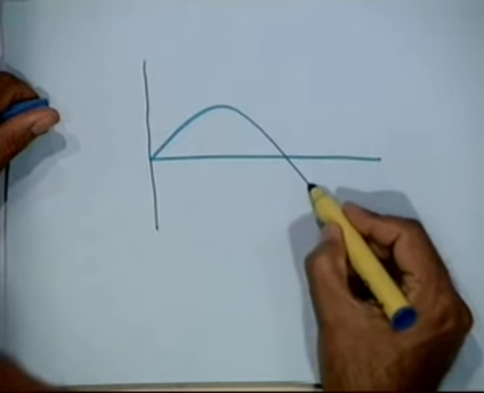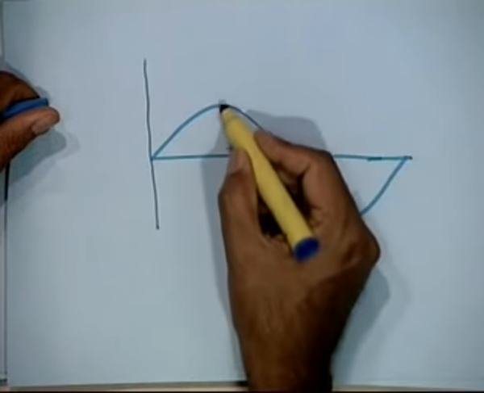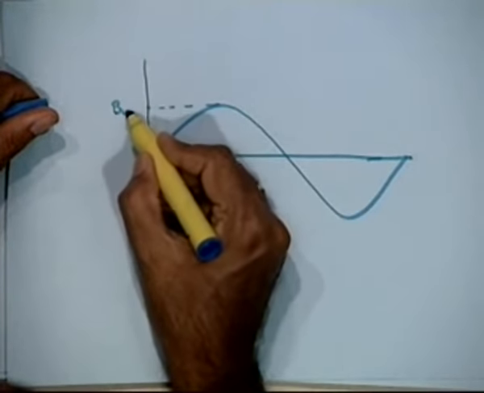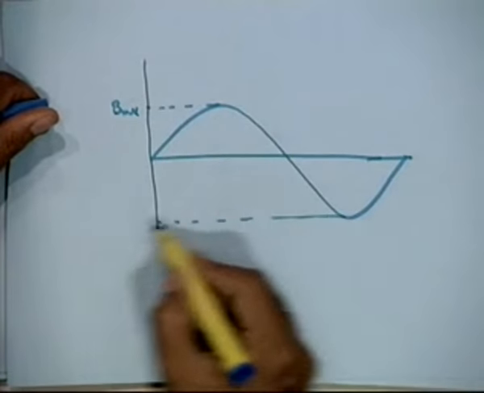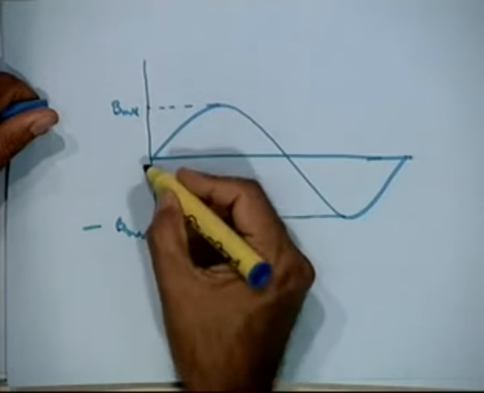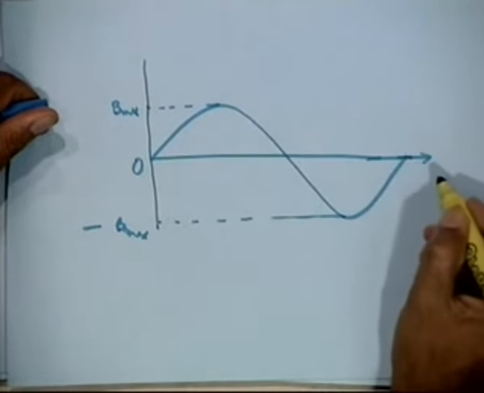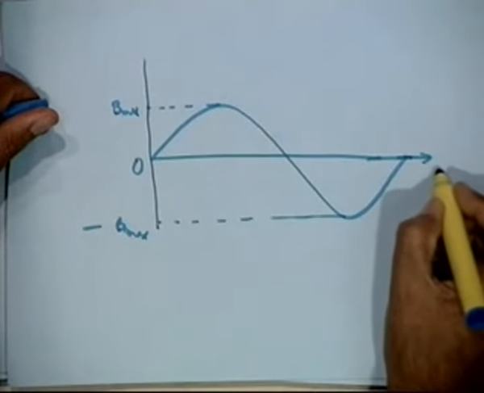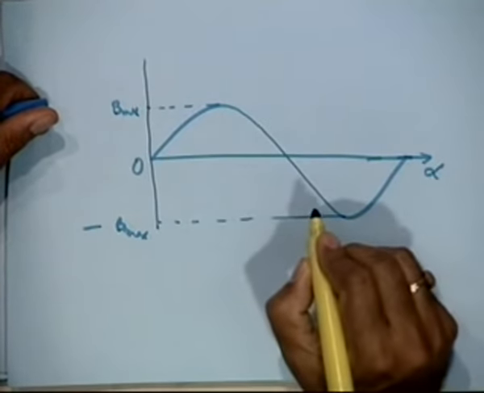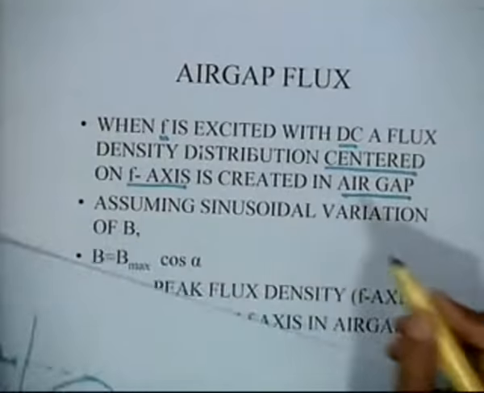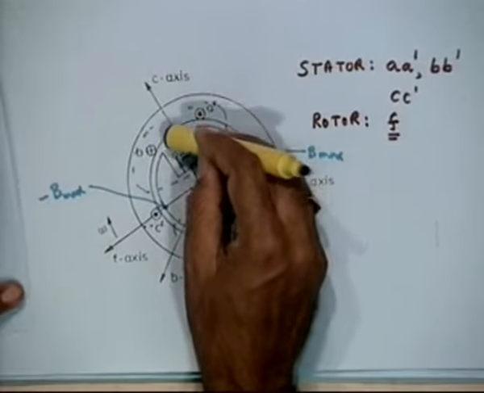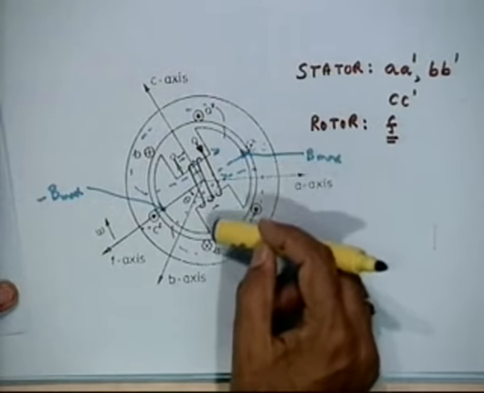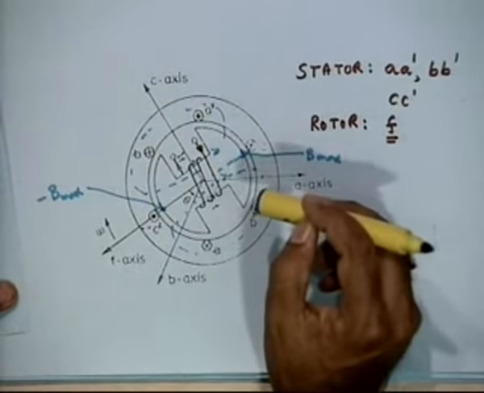So, we can assume that the B wave will be sinusoidal in space, okay, with B max here and minus B max here. So, that theta, if you say some angle with reference to its own axis, maybe, or I will say alpha, varying from 0, supposing you measure as we did in the last picture. If you start measuring alpha from here, it goes on having a sinusoidal shape like this at this frozen position of the field. Okay.